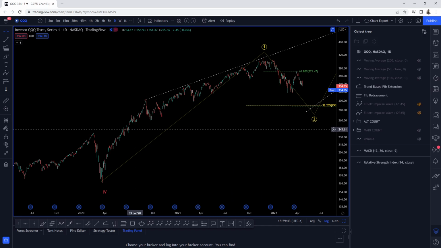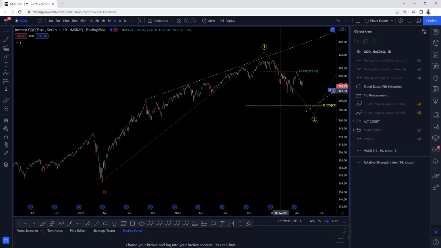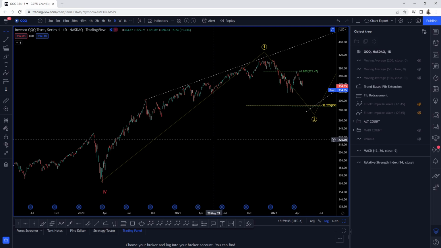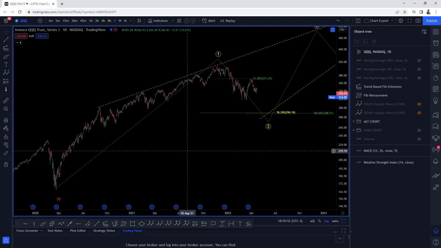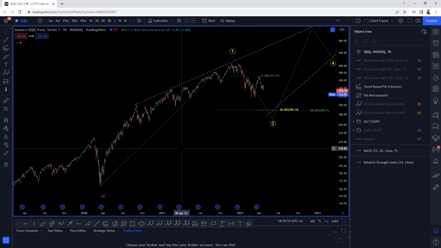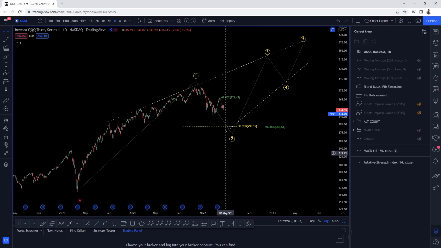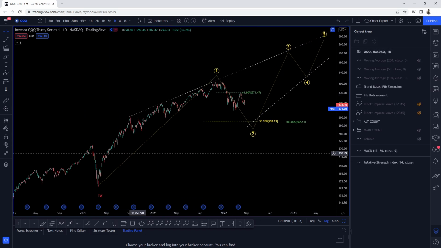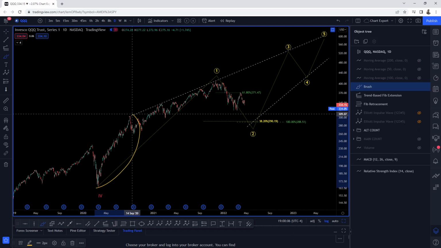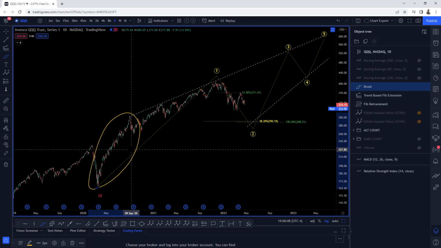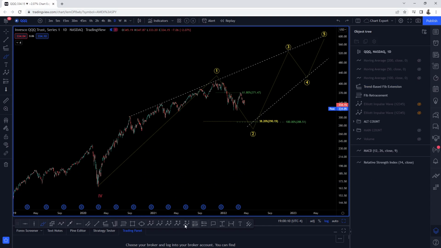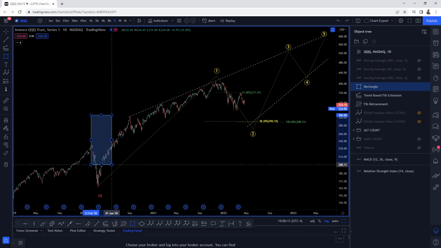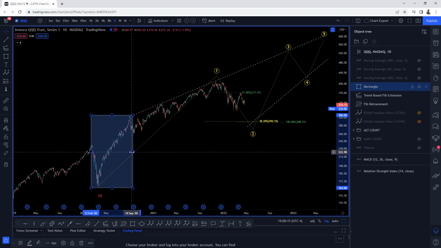But the reason why I'm saying this is because in an ending diagonal, right? If you guys are aware of ending diagonals, they are made of three wave subdivisions between the 1, 2, 3, 4, and 5, right? All of them have three wave subdivisions, but in this case, it would be a bullish pattern, right? So how do we have three waves here? So the way I'm looking at this, guys, if I may, I am looking at this as an actionary wave. All right, let me delete this for a second and let me just use the rectangle tool here. So this zone here is an actionary wave.